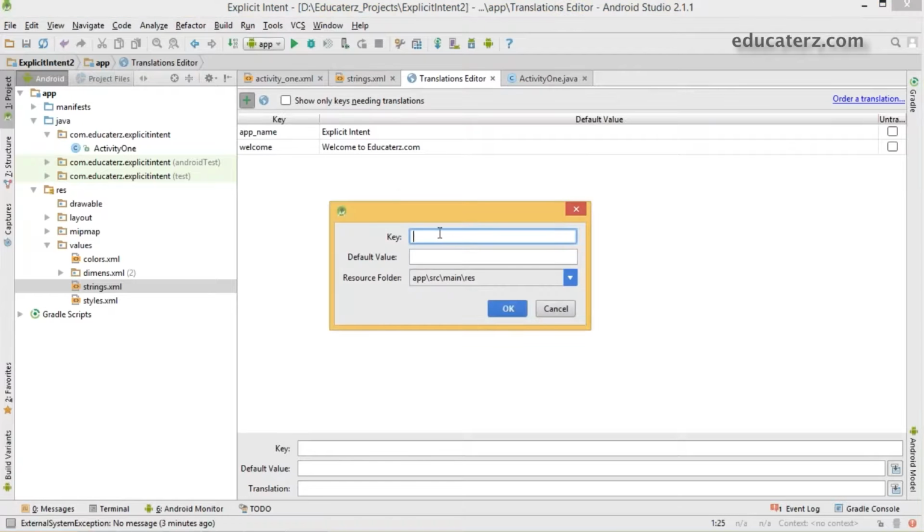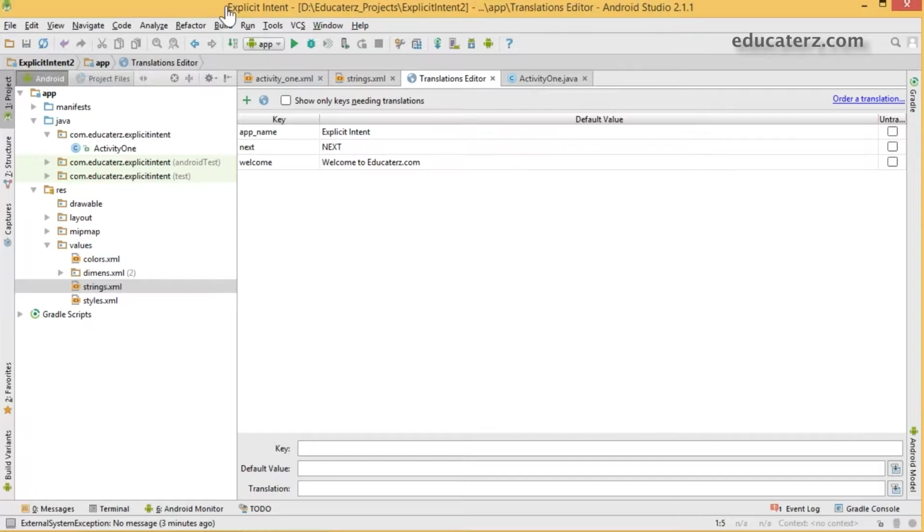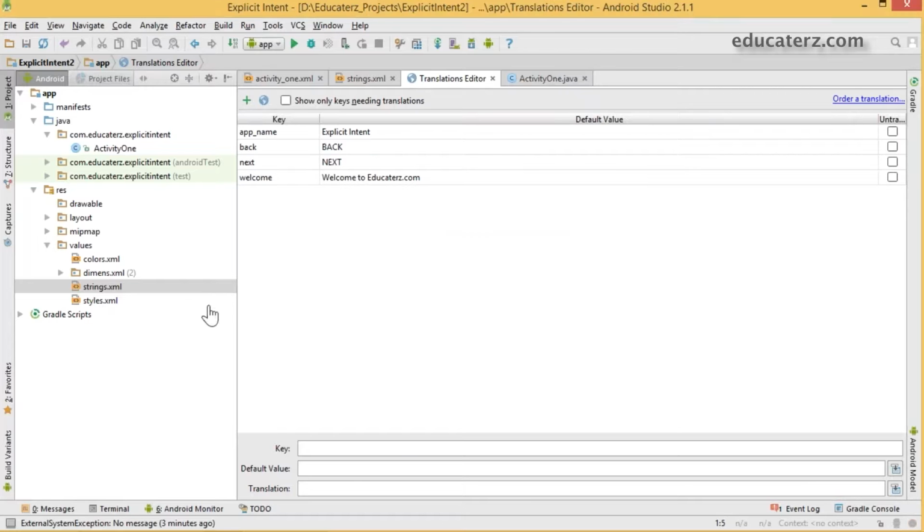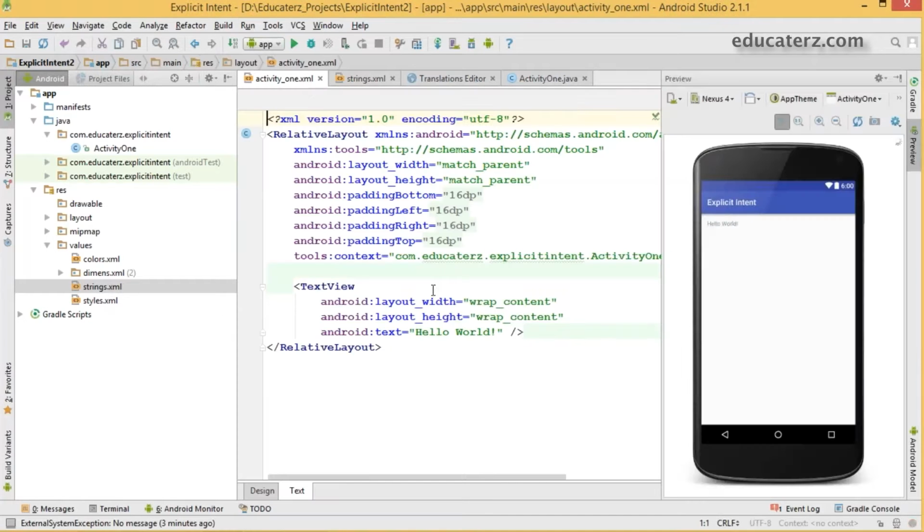For the next one, this is for your button labels, and create one more for the back button as well. Now come back to your activity file.